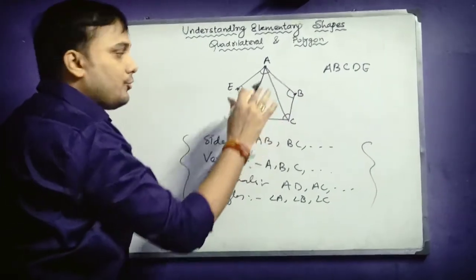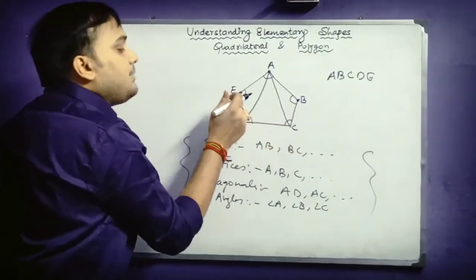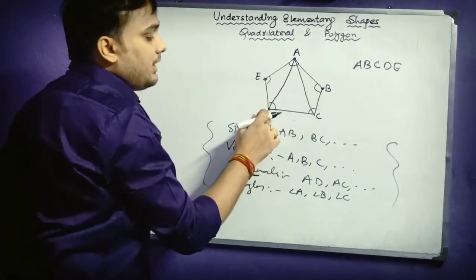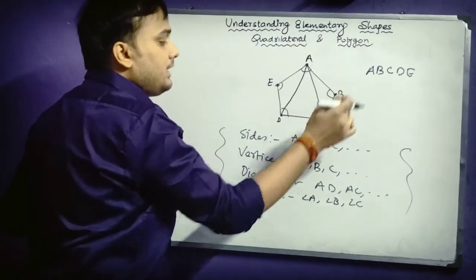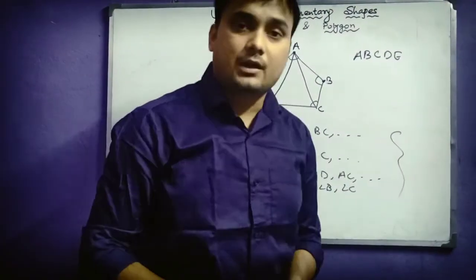It should not be like that. It should be in a very cyclic manner. You can start from any point. I have started A. I have given A here. I could have started from here also: A, B, C, D, E. That I can also do. Okay. So this is the way you can give the name.